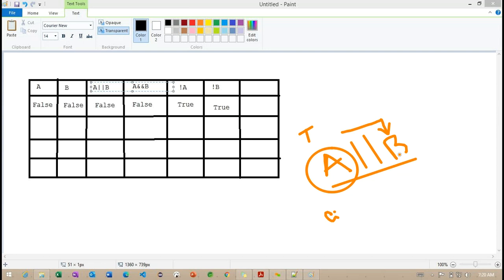Carefully observe here, whenever we use this particular OR condition, only one condition has to be true so that the entire expression will become true. In that case, if the A value is returning true, it's not going to check this particular B here, because it's going to return the entire expression as true.